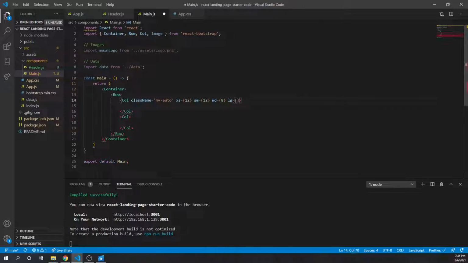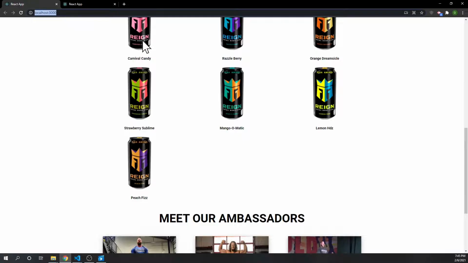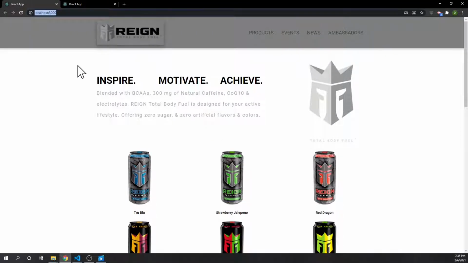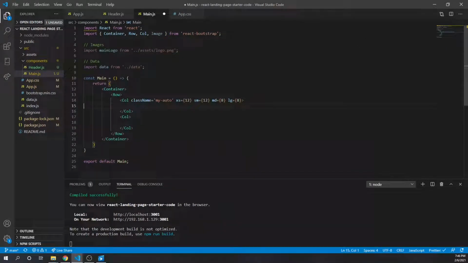Large, make it 8. So what we're going to want to do is go back to the completed one. So this is what we're doing right now. As you can see, this is going to take up the 8 columns. This is going to take up the other 4. So 8 plus 4 is 12. That's going to be the entire row. This whole thing is one row. So all of this right here is a row. All right. So in the column,